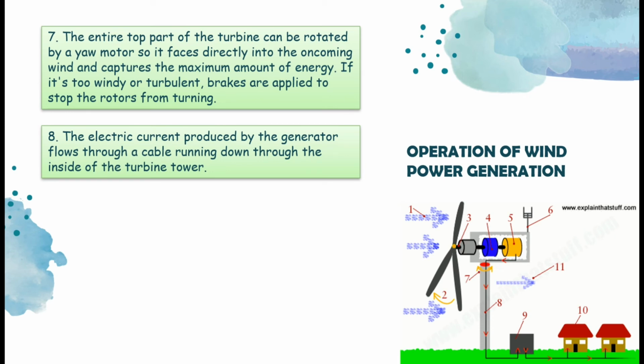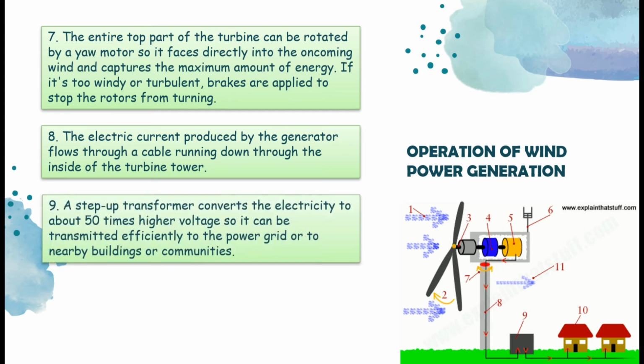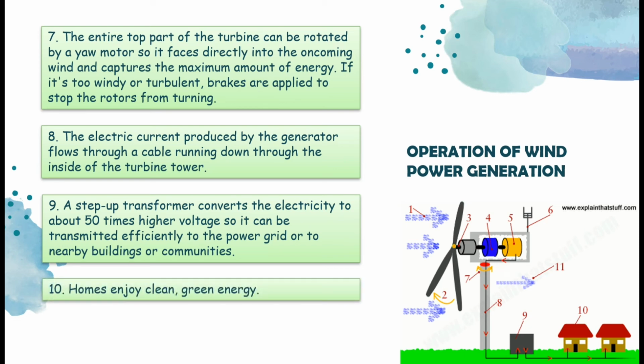Next, the electric current produced by the generator flows through a cable running down through the inside of the turbine tower. A step-up transformer converts the electricity to about 15 times higher voltage so it can be transmitted efficiently to the power grid or to nearby buildings or communities. Lastly, homes enjoy clean, green energy as the wind power generation produces no greenhouse gas emissions or pollution as it